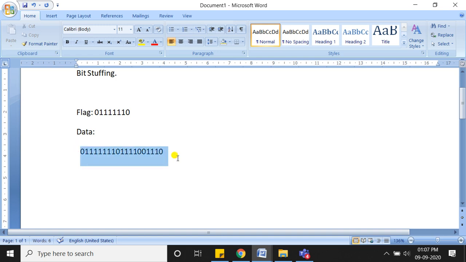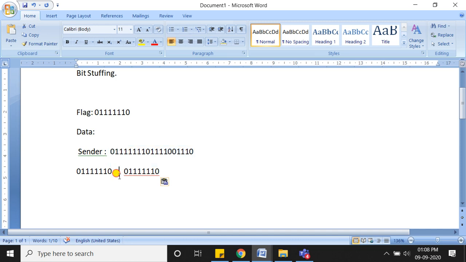Assume that this is the data that the sender wants to send. So how will the sender stuff the bits into that? The sender will add this particular flag pattern at the start, and will add that particular flag pattern at the end, and then this data is added over here.